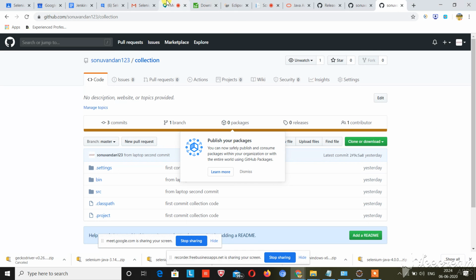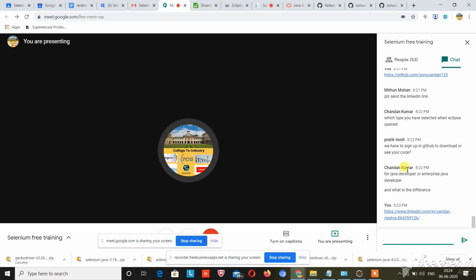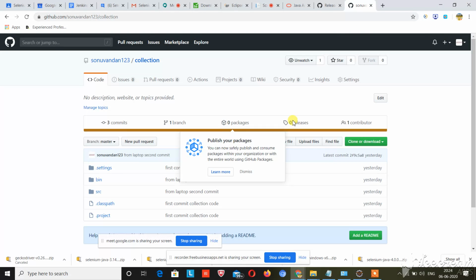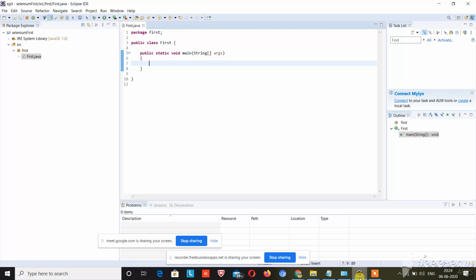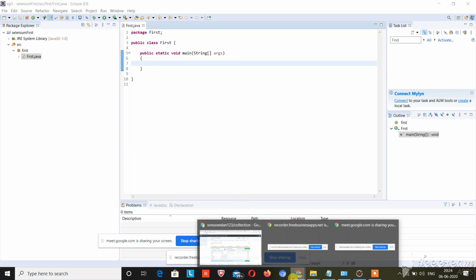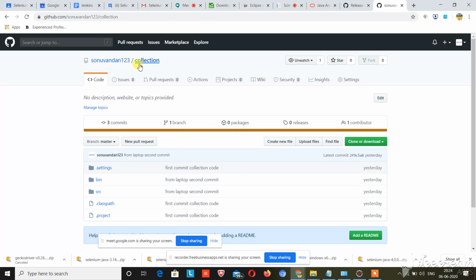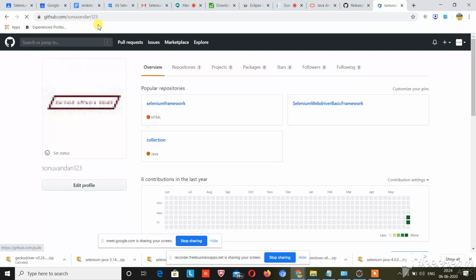Pratik, and all of you guys, please watch carefully how to download code from GitHub. Suppose I will be sharing this folder, Selenium first. If I will be sharing this Selenium first folder, then the name will be Selenium first. This link that I have shared with you, I have created a Selenium framework. If you want to download that framework, you just need to go to this link and click on this link.